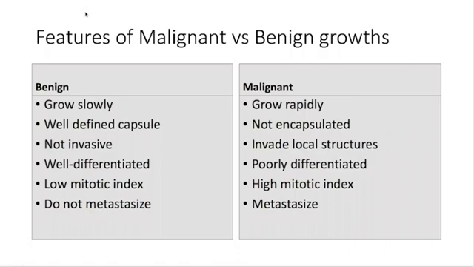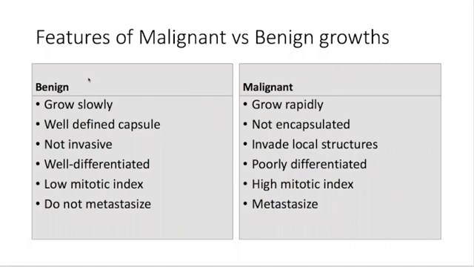All right, there are fundamental features that are consistent with both benign and malignant growth. So we're going to take a look at a few of these. Most cancers, most benign findings fall in these classifications. However, there are some tumors, some cancers that are not defined necessarily by all of these features, and they defy that easy characterization. But in most cases, they will fall into these categories. It has a well-defined capsule, so that means that it is looked at definitely different from the surrounding tissue. So it has a capsule around it.